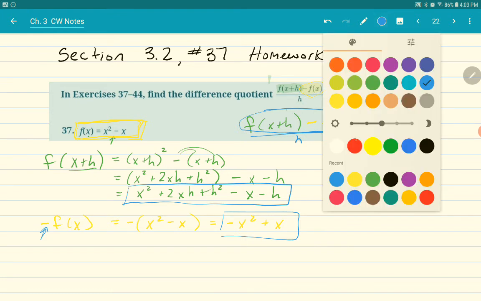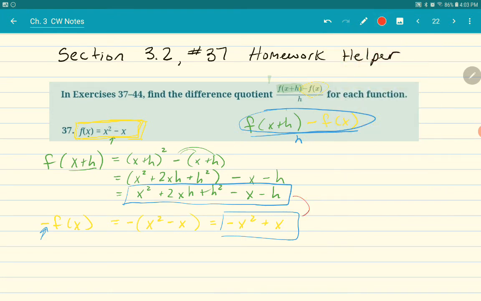So I can just look at those two blue boxes, and when I put them together to get the final numerator, I see my x squared and my minus x squared will cancel, and my negative x will cancel with my positive x, and I'm left with 2xh plus